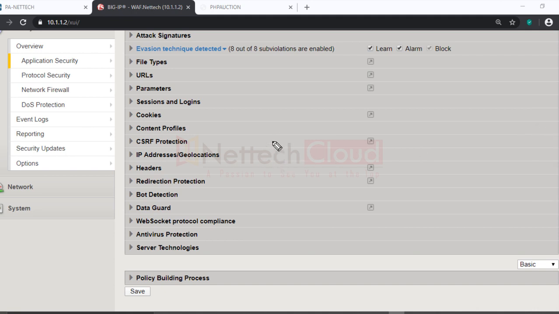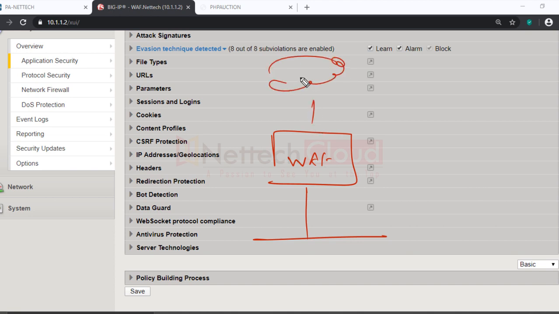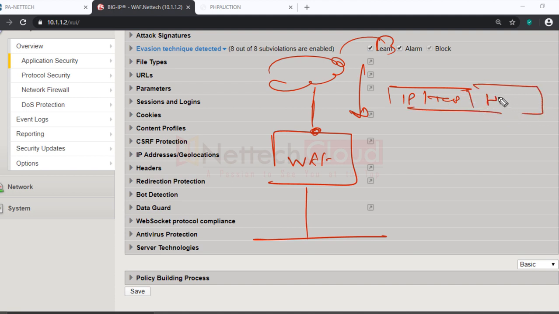I mean, if here is a web application firewall and an HTTP request arrives here. HTTP request means IP, TCP, and HTTP here, right? So it's not about identifying the HTTP application. Let's say the application itself was identified by a firewall, a next generation firewall or any firewall in front of this web application firewall, and it identified that the application is HTTP.